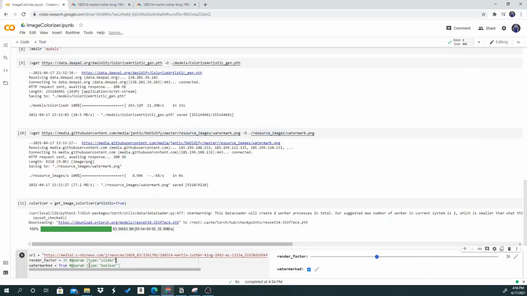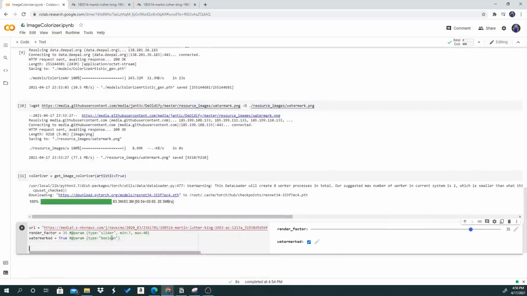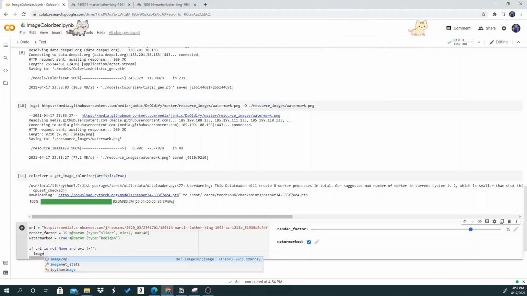And we need to also set the minimum and the maximum. So the minimum is going to be, I think, 5. No, it's 7. Yeah, it's 7. So the minimum is going to be 7, and the maximum is going to be 40. Yep, there we go. And if URL is not none, and URL is not equal to empty quotes. So if that doesn't happen,